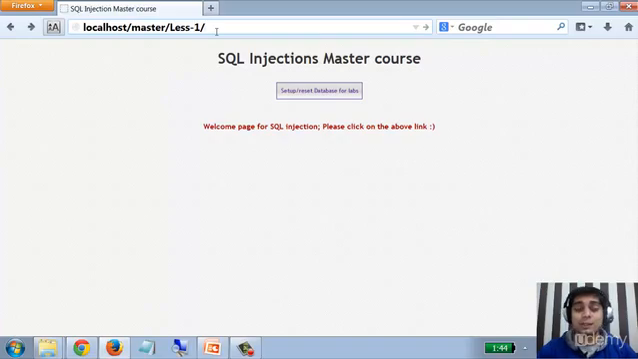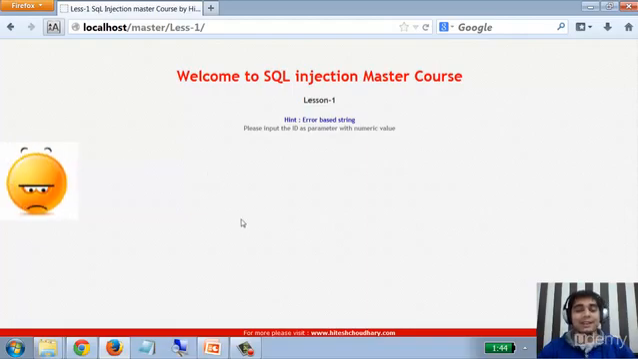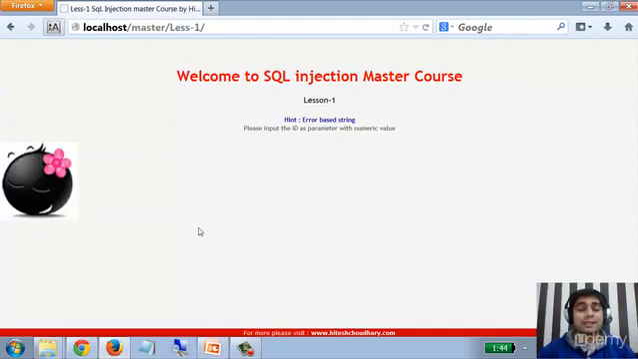I have to put it there, so it will be there, and once you click on that, here is our first SQL injection master course lesson 1. There is also a hint for you, and there is a nice annoying image for you so that you complete your lesson very quickly. Okay, so apart from that, we'll be exploring all these things in the next